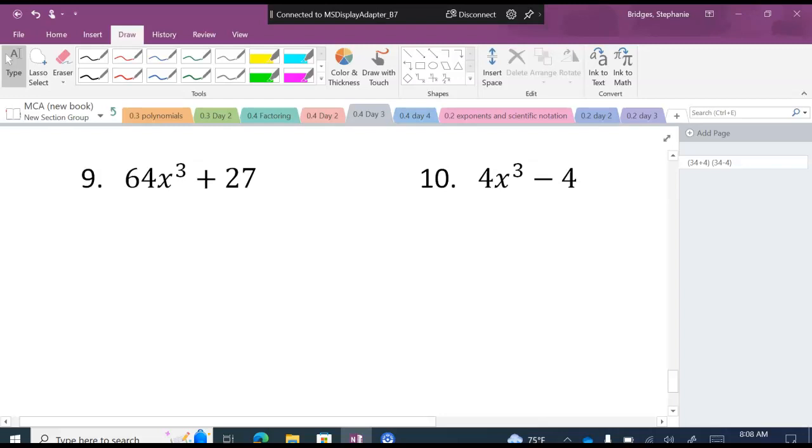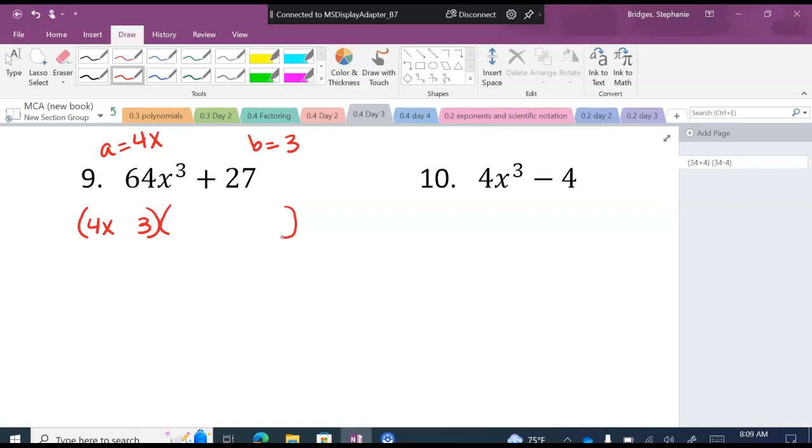What is the cube root of 64x to the third? 4x. Okay, so my a is going to be 4x, and the cube root of 27 is 3. Be very careful when we're plugging these in, especially into that second parenthesis. The first parenthesis is just going to be the 4x and the 3. But in the second parenthesis, if I square 4x, this is where a mistake is made. A lot of times people just put 4x squared. I've got to square the whole thing. 4x times 4x is not 4x squared. It is